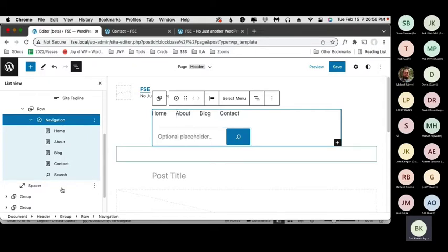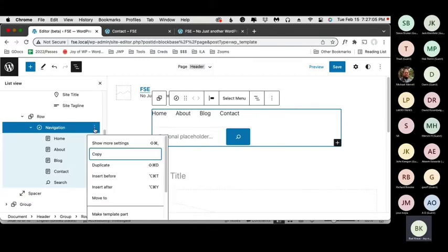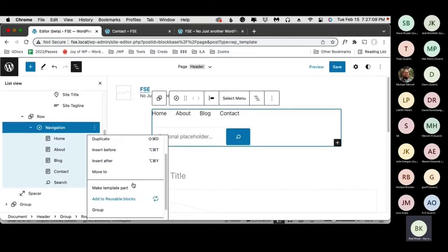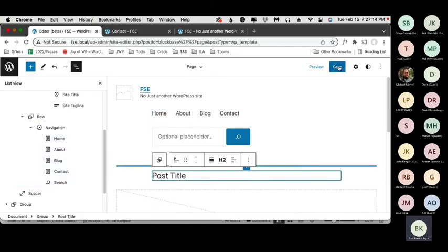So how great is that? With list view, you can just maneuver the block. You can drag and drop the blocks if you want, but boy, this is just a lot easier. And with the three dots here, you have all your usual options: insert before, insert after, delete, all that kind of stuff. So it's really good. All right, now I'm going to save this,